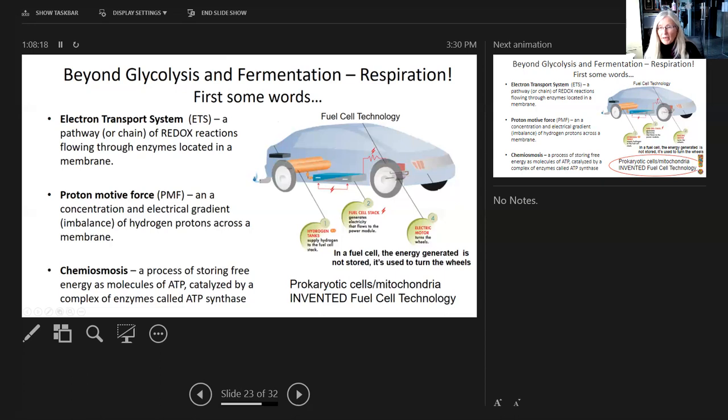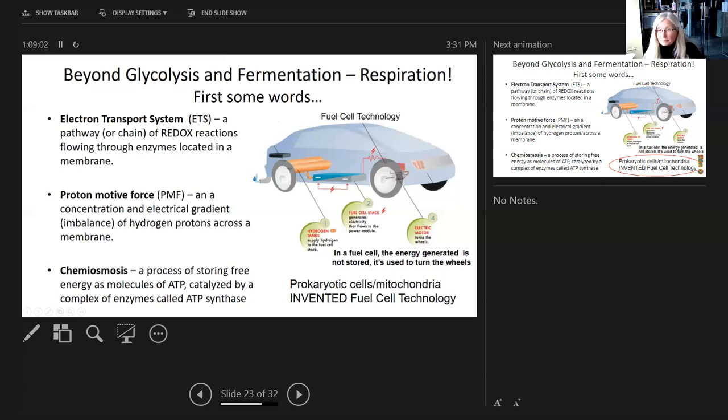For a fuel cell to work, you have to have a supply of hydrogen, which, by the way, is one of the reasons why fuel cell technology in cars hasn't worked out so well, because your gas stations would have to have hydrogen pumps in addition to gas pumps. But anyway, you have to have a supply of those hydrogen protons, and then the fuel cell stack is actually that process that is producing the electron transport. So this energy in a fuel cell is actually used to turn the wheels. That's where the energy goes. In other words, it's not stored, it's used, it's transferred to making the wheels turn, making the car go